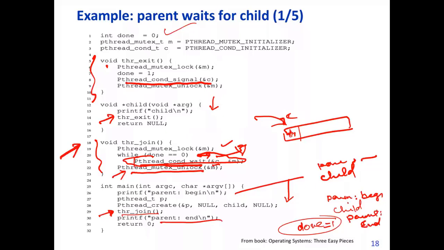Is it clear? It looks a little messy, but is it clear what exactly is happening? Basically, the parent is putting itself to sleep, and then when the child gets time, it completes. Then it will signal the parent to wake up, and the parent continues from there. That's the logic. Sir, the parent will wake up only after the signal, so why are we using done here?